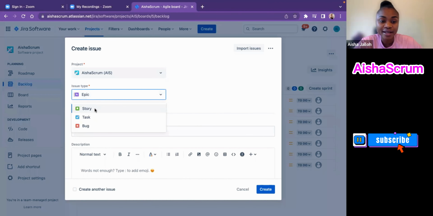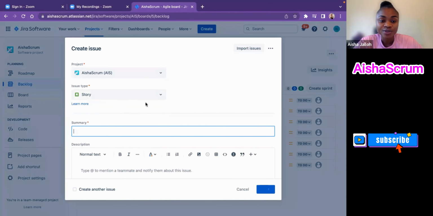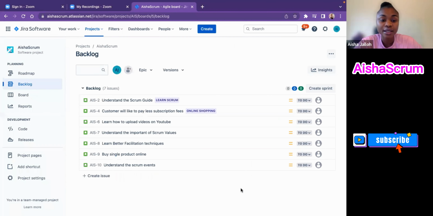Then I come here and I hit story. So if it's a story, the color changes from purple to green. So that's the story. So that's one way to create a user story. Let me show you another way to create a user story, which is, you see down here where it says